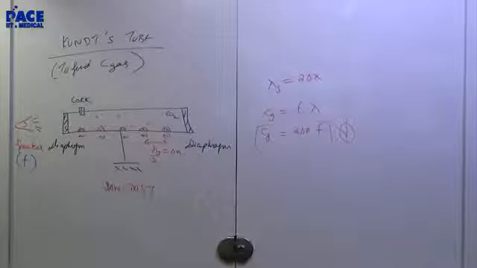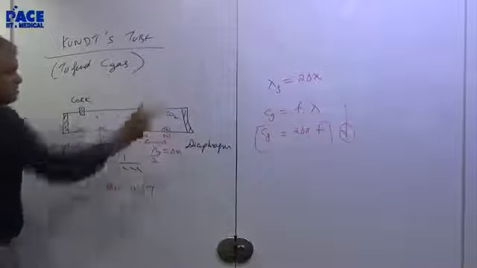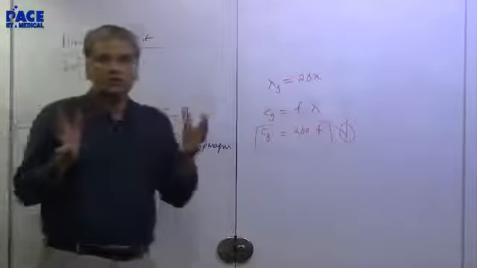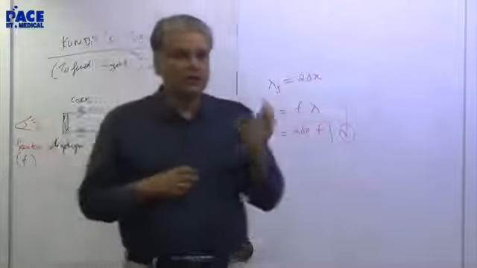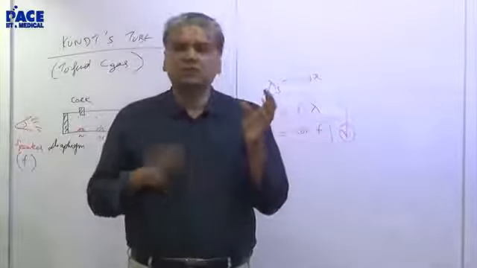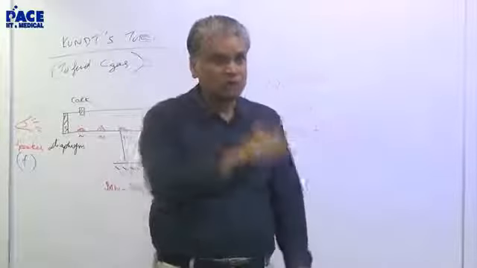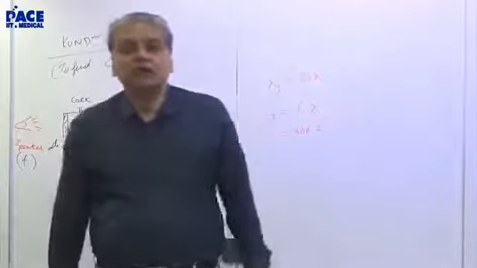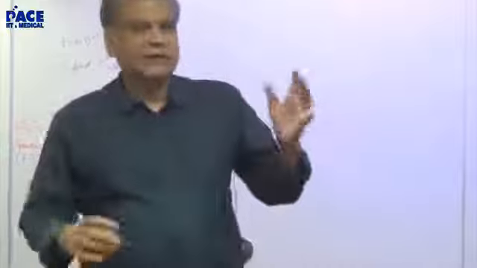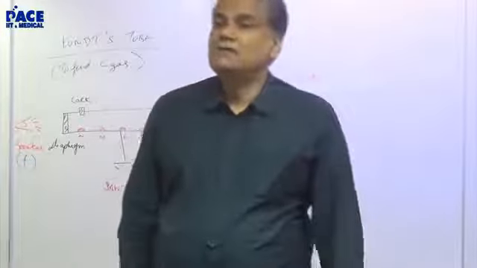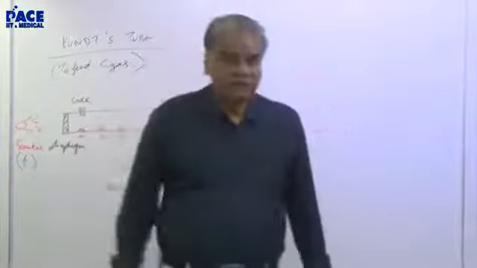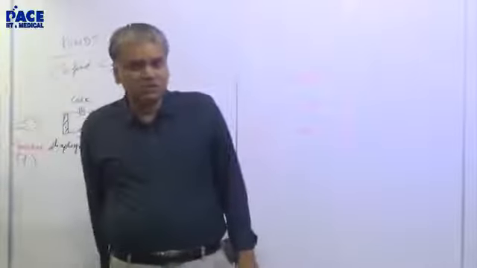Sir, can you repeat how the nodes get formed? The air is moving here. It's a stationary wave. What happens at a node? It doesn't move. Displacement is zero. At an antinode, it moves completely. So whatever light material is there will be blown away from the antinode, and at the nodes it will pile up. Why do you have sand dunes in the desert? The sand dunes are places where you form nodes.